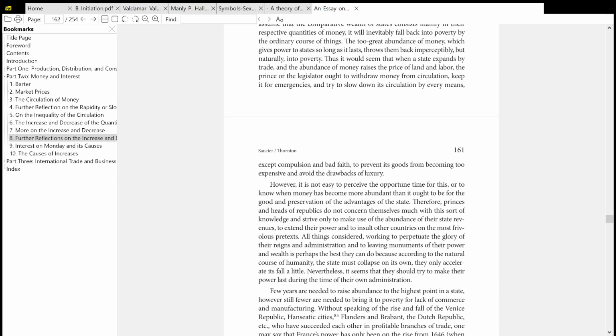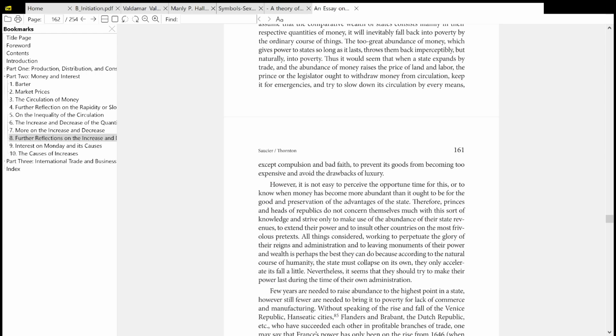However, it is not easy to perceive the opportune time for this, or to know when money has become more abundant than it ought to be for the good and preservation of the advantages of the state. Therefore, princes and heads of republics do not concern themselves much with this sort of knowledge, and strive only to make use of the abundance of their state revenues, to extend their power, and to insult other countries on the most frivolous pretexts. All things considered, working to perpetuate the glory of their reigns and administration, and leaving monuments